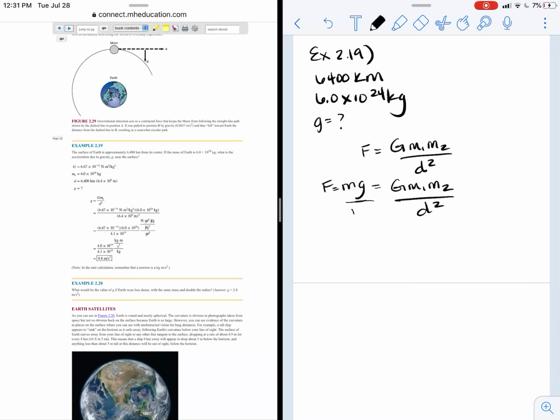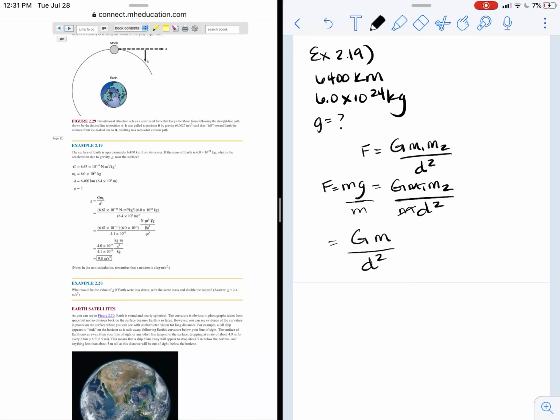And if we want to find little g, then we can divide both sides by mass. That's going to cancel one of those masses out. So we're left with this universal constant times the mass of the Earth divided by its radius or its distance